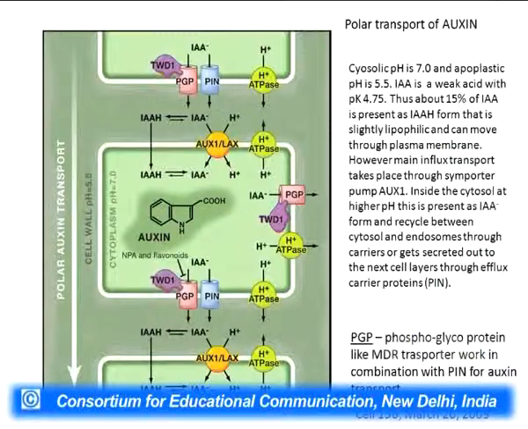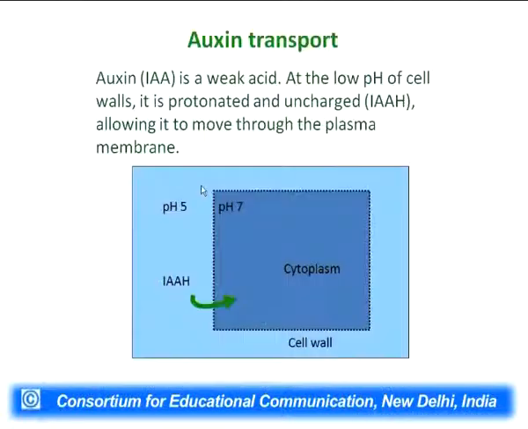So in the low pH there are more hydrogen ions and it forms IAAH. In the higher pH hydrogen ion is low and it makes the IAA- form. So this is a polar form and this is a non-polar form. And if you look at the transport in the lower pH, it is in the highly protonated form and this